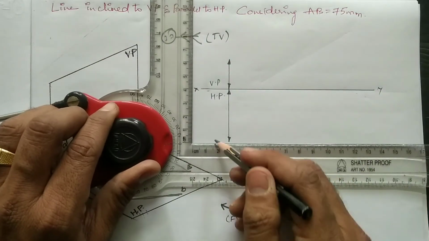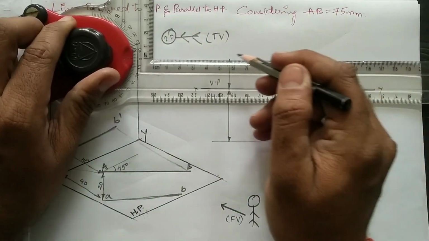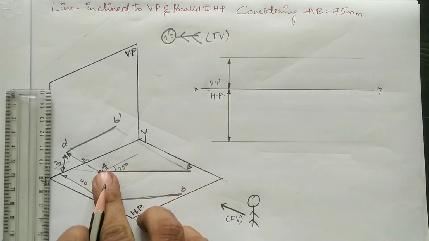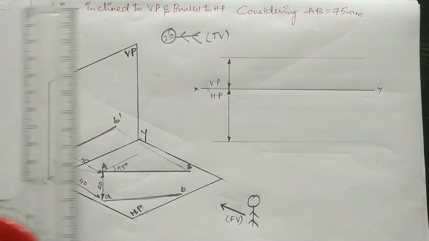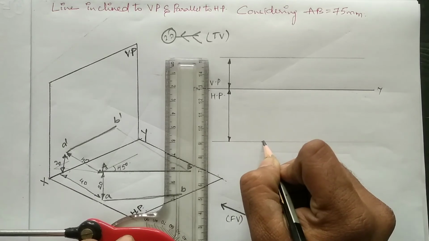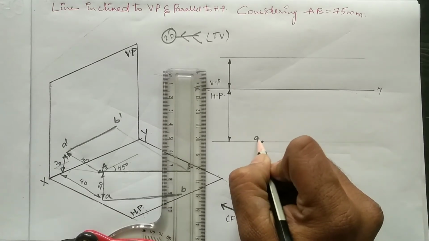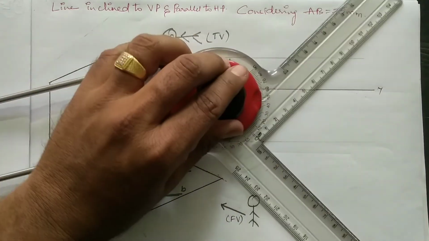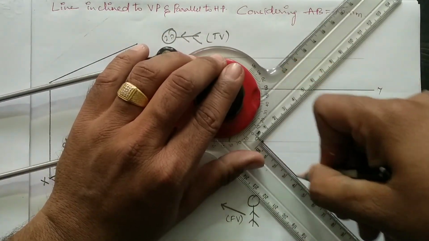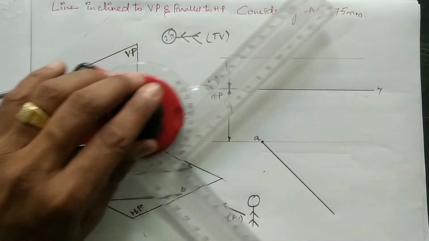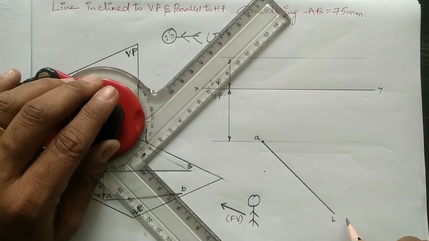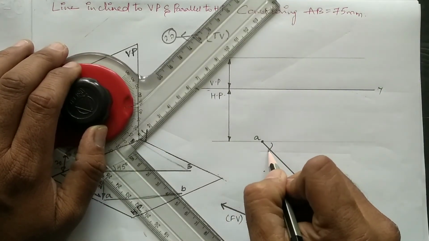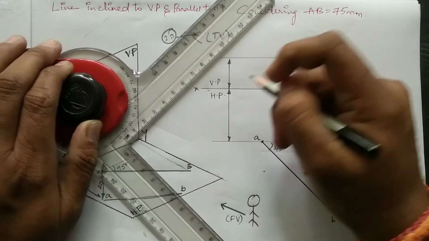Draw the locus lines. Now, the true length which is at an angle of 45 degrees, first we need to draw that one. So, mentioning the location of the point over here, marking this point as A. Now, at an angle of 45 degrees, a length of 75 mm is about to be drawn. So, marking this point as B. So, this is the line which is at an angle of 45 degrees.